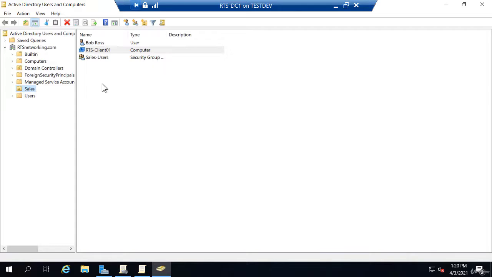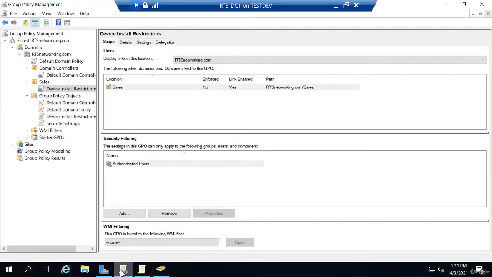So when you create your OU structure, you always have to be thinking about how group policy needs to be applied. And anytime you create a user or a new computer, where they get placed in the Active Directory structure will largely dictate which group policy objects actually apply to their computer account or user account. So really, it's all planning. But to go back to the Group Policy Management console, now let's explore a few things